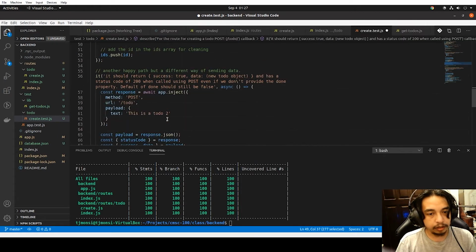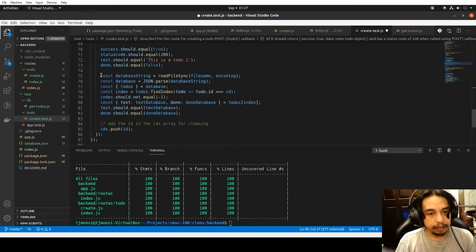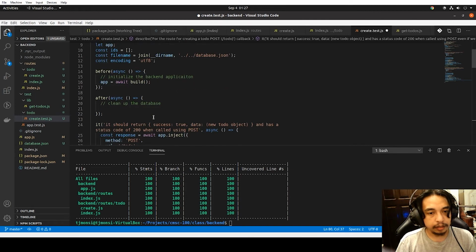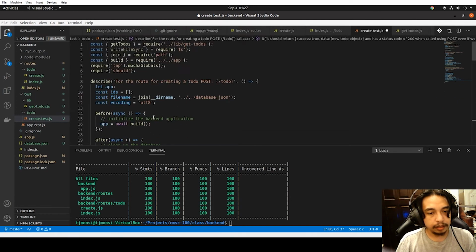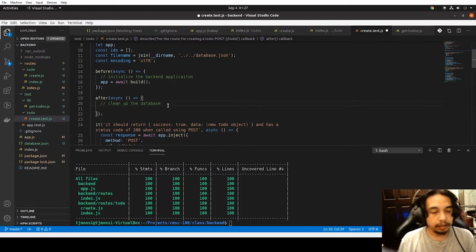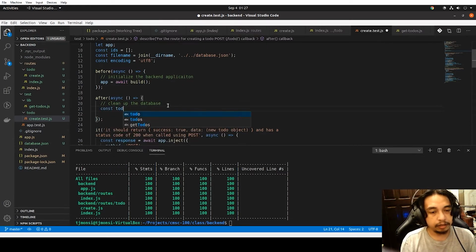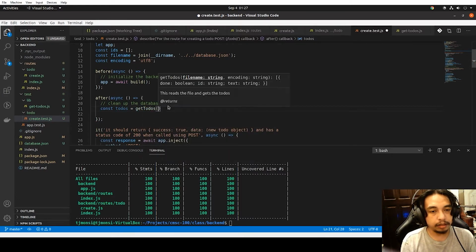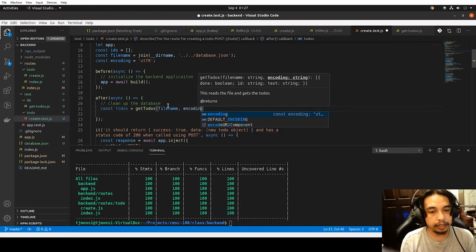So we just copy this and replace this. Now what we can do is again toDos equals getToDos using file name and encoding,